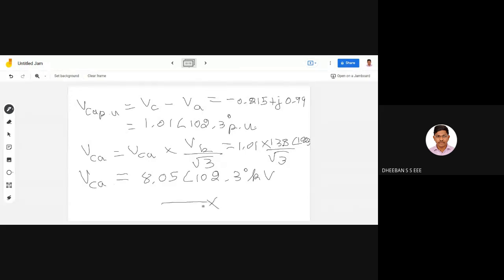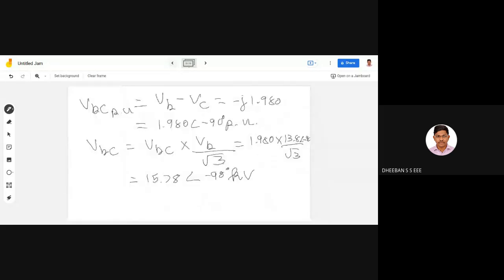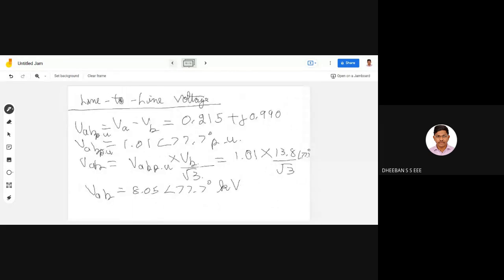So now we have found your line-to-line voltages, your actual line-to-line voltages. There you can see the base was 13.8 kilovolt, but in two of your line voltages, the voltage has decreased from the base value. Why? Because a fault has occurred and the current will be drastically increased. For that reason, there will be a very huge voltage drop during this fault condition.